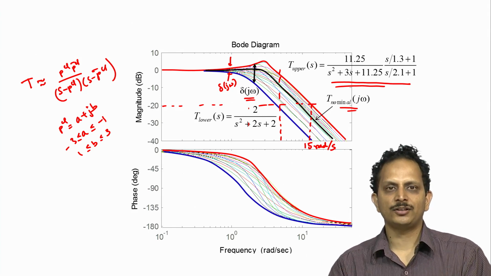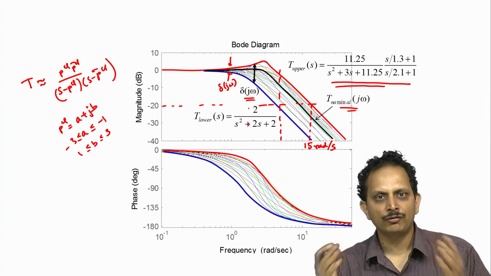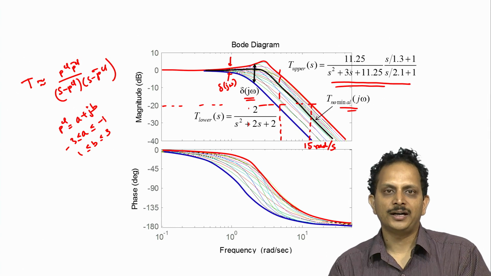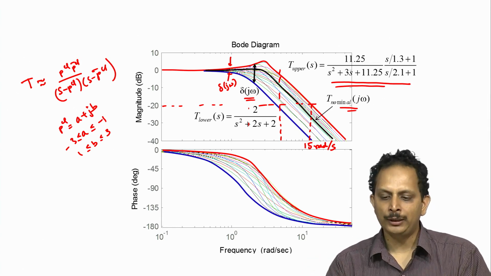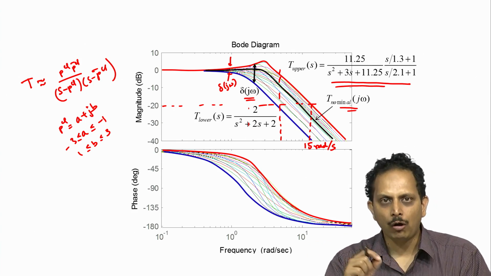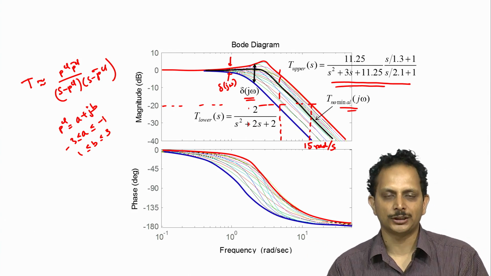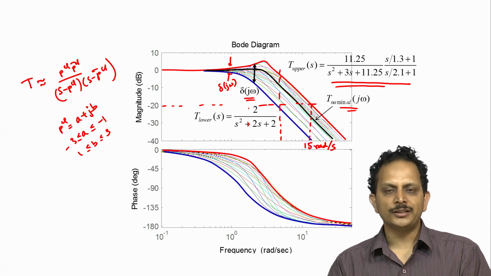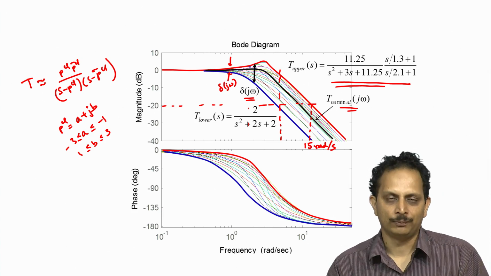So, as part of the first step in the Nichols plot based design, we have to pick a set of frequencies between 0 radians per second and 15 radians per second, within which we try to restrict the variation of the transmission function and also achieve the desired nominal response for the transmission function.